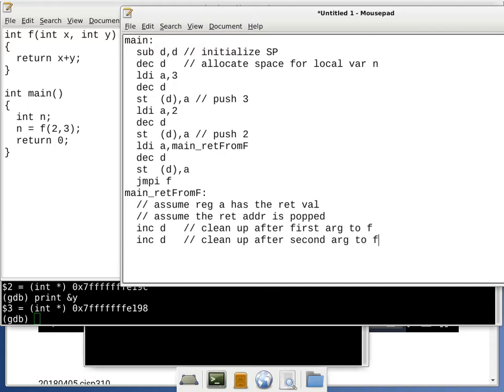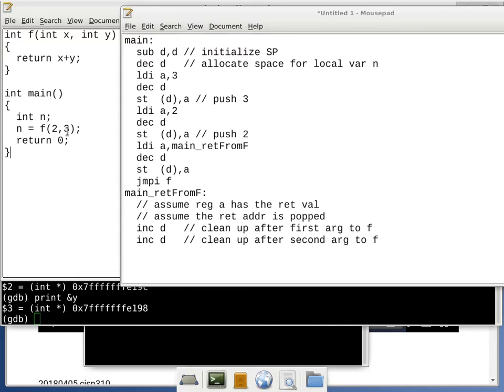And so in this example, the first argument sent to F would be 2? Yes. Okay. And then the second one is 3. Yep. The first argument is 2, the second argument is 3. But when you're pushing, you're pushing 3 first, and then the 2. When you are cleaning up, you're cleaning up the 2 and then the 3 because of last in, first out. Yep. Okay, so now we finally get the stack to quote-unquote balance